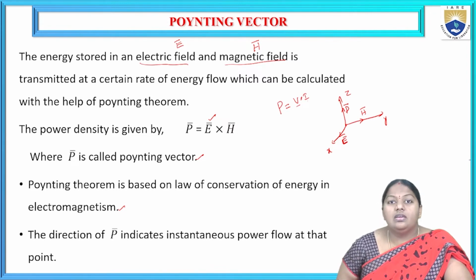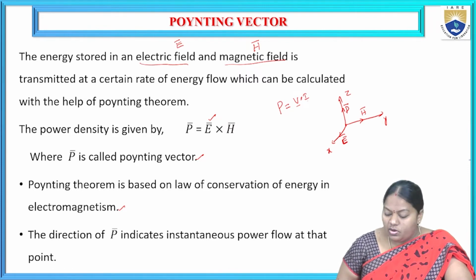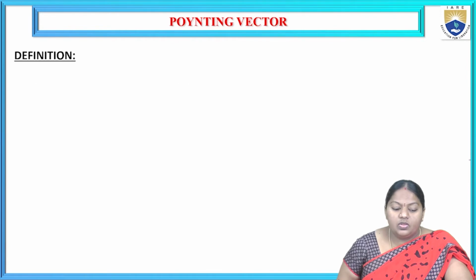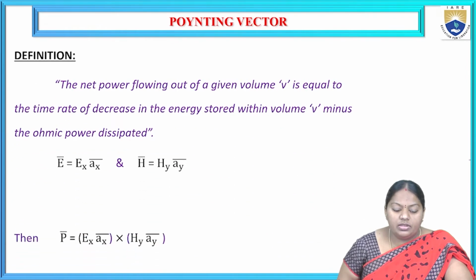Orthogonal means mutually perpendicular to each other. Right? So this is about the Poynting vector. To derive the mathematical equation for that,